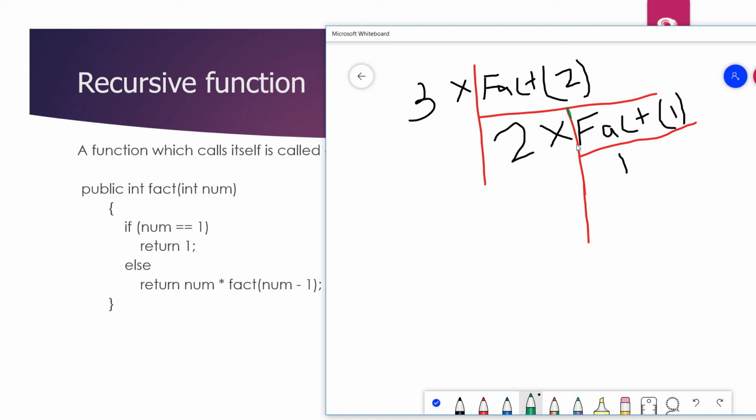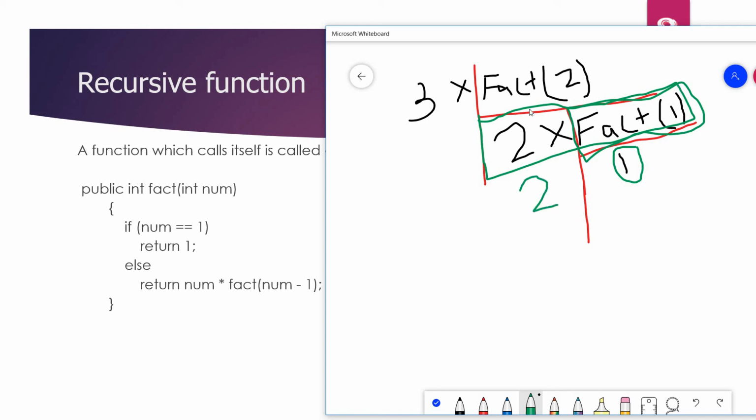So control currently was in this block, okay? This block returns the value 1, so as and when it returns value 1, control will reach this block, right? So what was this block? This block resulted to 1, and this is just 2 into 1. So the result will be 2.